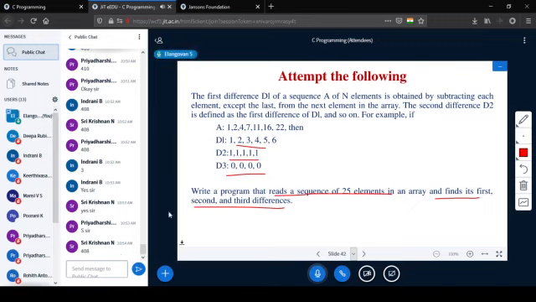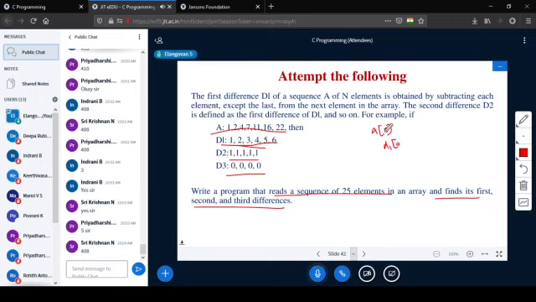You have to take input for the given array A of 1, 2, 3, 4, 5, 6, 7. A of 7 we have to take, right? And if you want, you can initialize it, or you can get the input using a for loop. After that you have another array called D1.